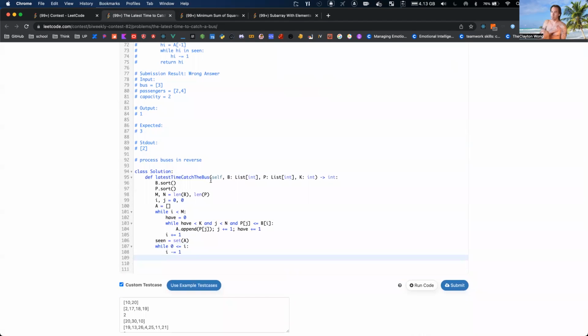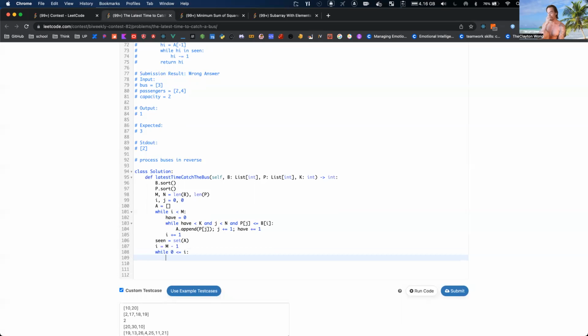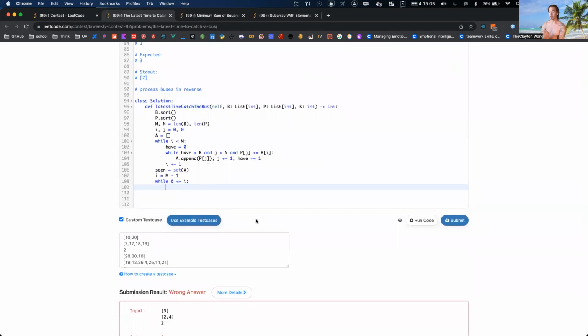Okay, so go to the next bus. Wait, hold on. That goes in -1. There's a bus. Lower bound of A for the value bus leaves at